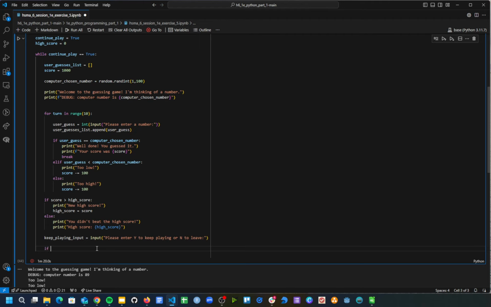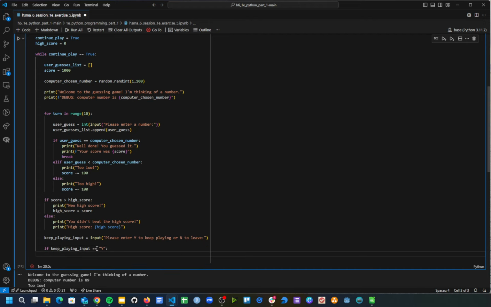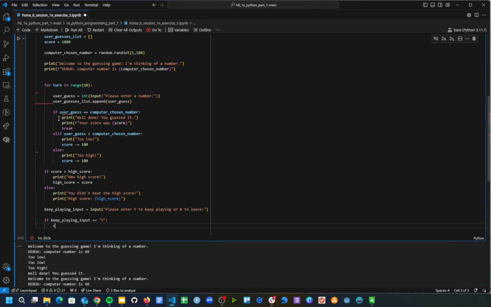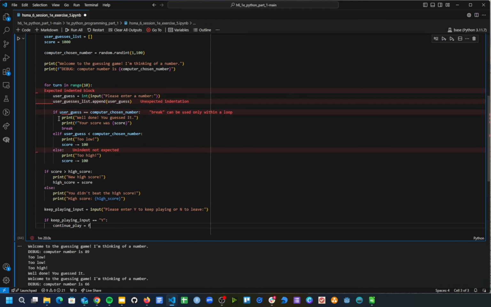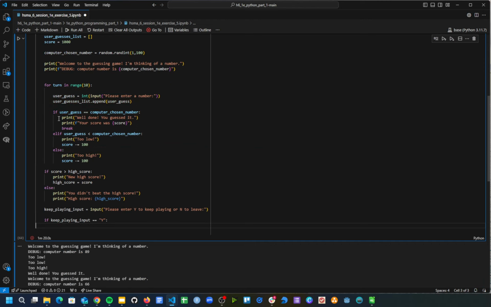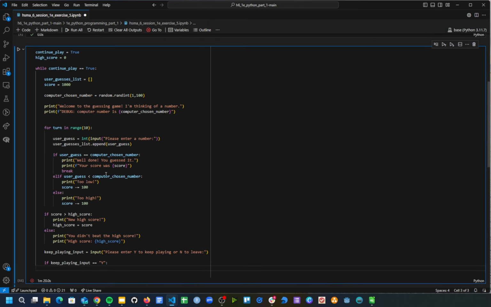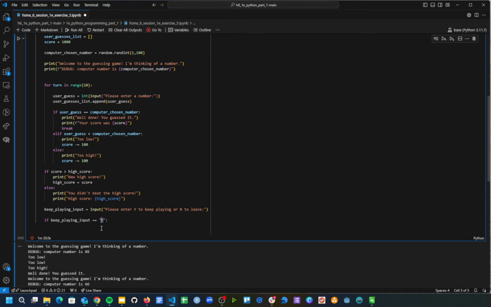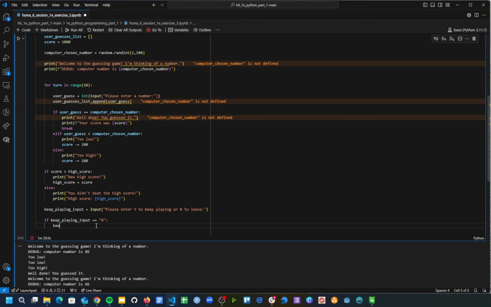For now, just for the sake of simplicity and keeping this video fairly short, I'm going to do keep playing if keep playing input equals Y. What I'm going to do is actually set the continue play variable to, well, I'm not going to change anything, because actually the keep playing is already true. So instead, I'm just going to check if keep playing input is N, then I'm going to put keep, what was the variable called? Continue play